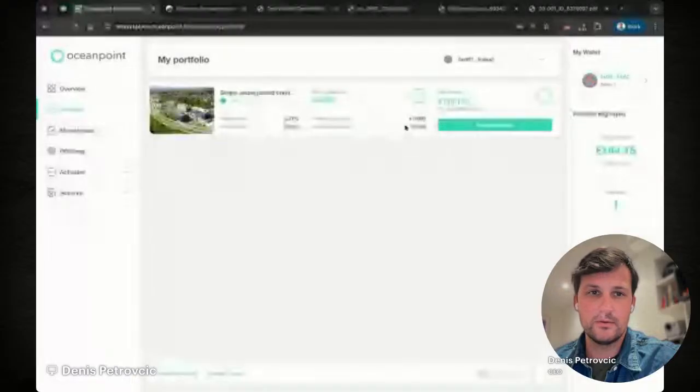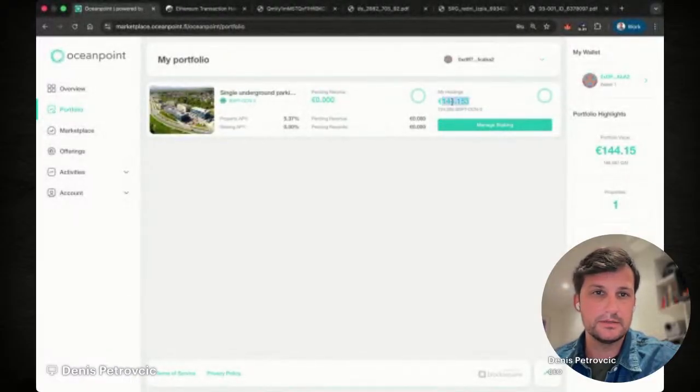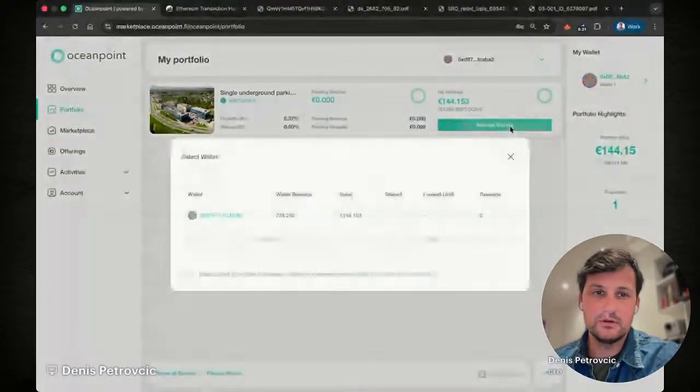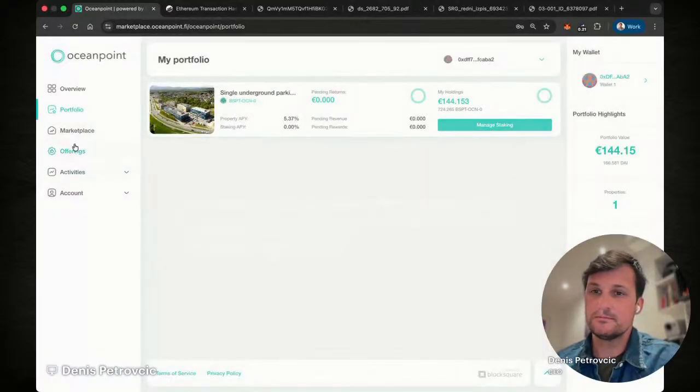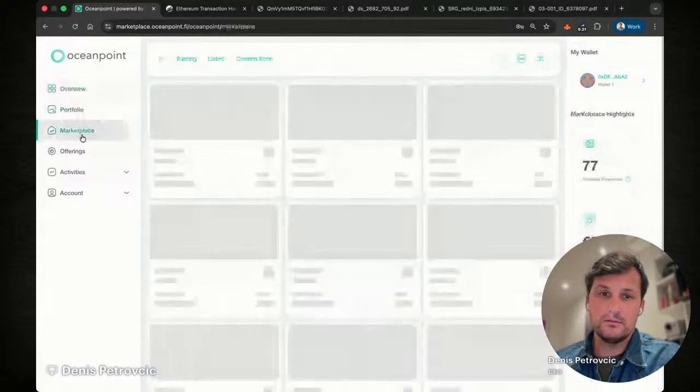All right, perfect. The property now shows in our portfolio. I can see here my holdings, the property APY, and when revenues are getting distributed, I will most probably see it here. What I can also do from here is stake, and by staking, I basically earn crypto instead of regular stablecoin returns. Now going back to the marketplace,